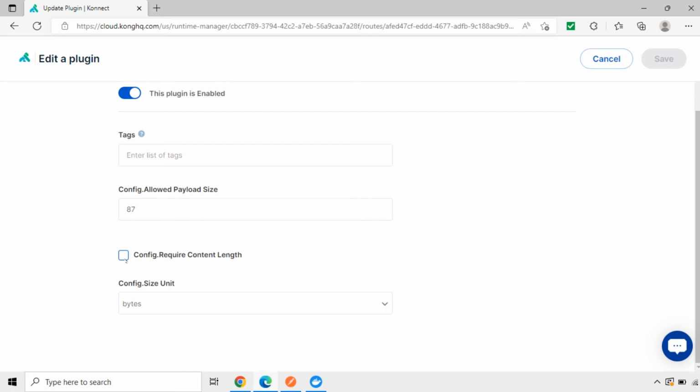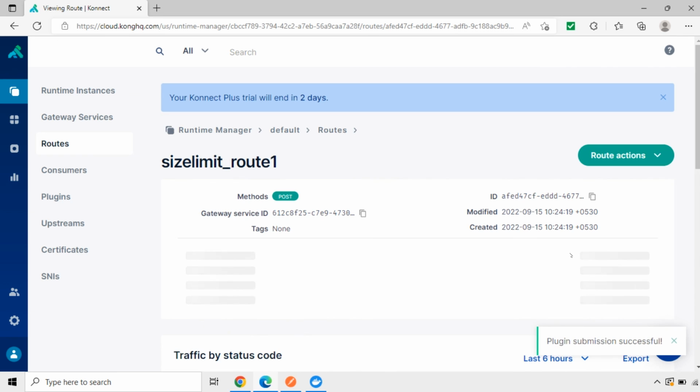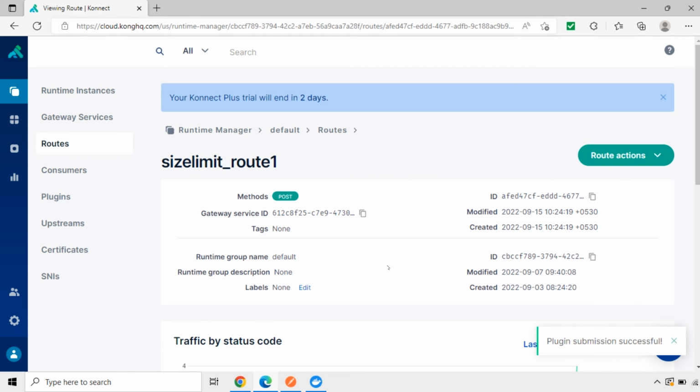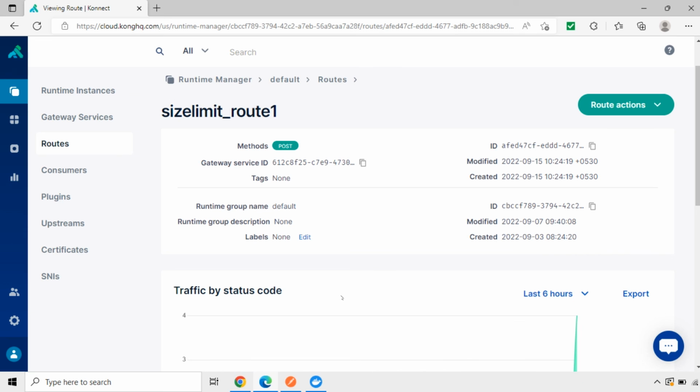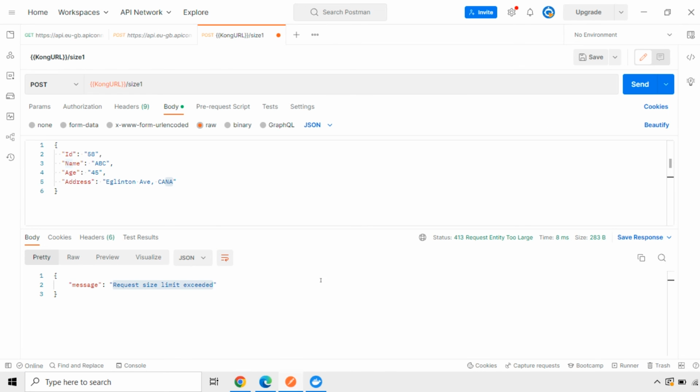Now we will configure this one. Config require content length. I'll select this and save. Now what happens? Whatever we are passing from the header, it should contain content length. Now see here, I'll send this. It is because content length is available that it's validating the message with the